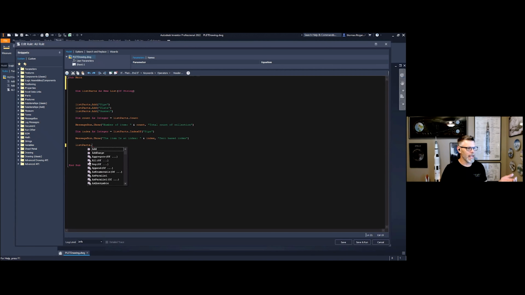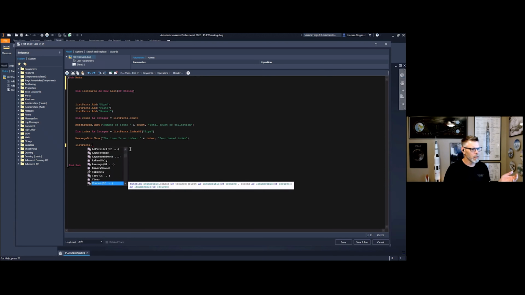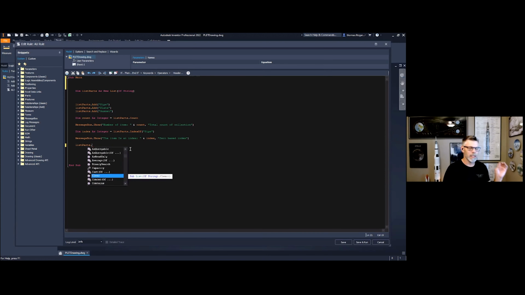Maybe I want to add something to the list, or I want to add a range, or I want to find, or if I want to clear the list, because maybe I want to use this list for something else, or it's revolving and I want to add information, consume information from that collection, then dispose of that information and then repopulate it. So I can clear either the whole list or very specific items from the list.